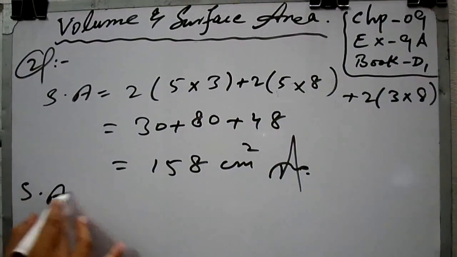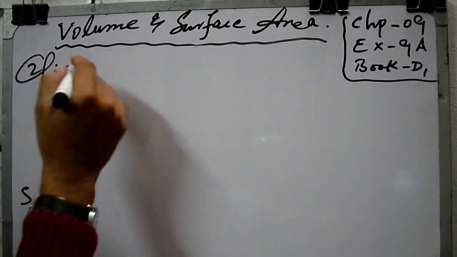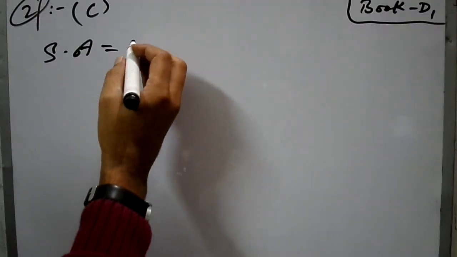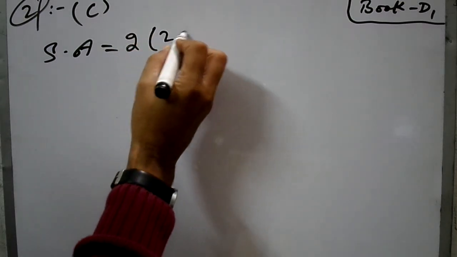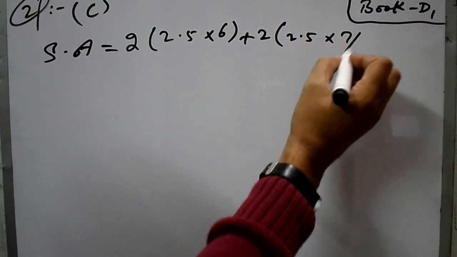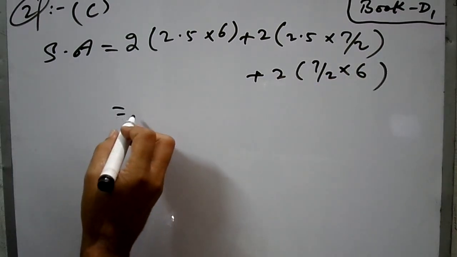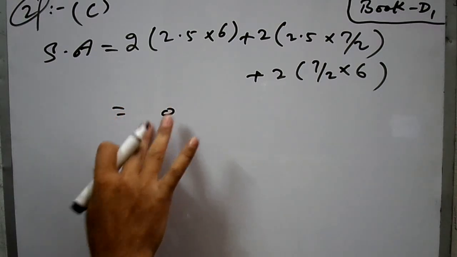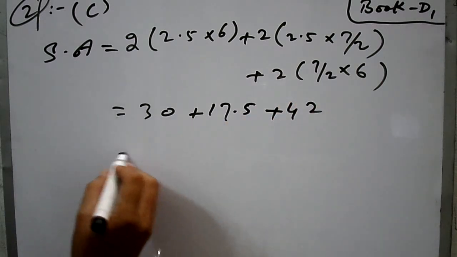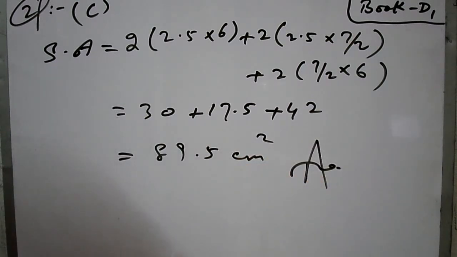So surface area is equal to, because that is your C part, surface area, once again 2 into, by using the same formula, by simplification you will get 30, so the result is 89.5 centimeter square surface area. So in D part,